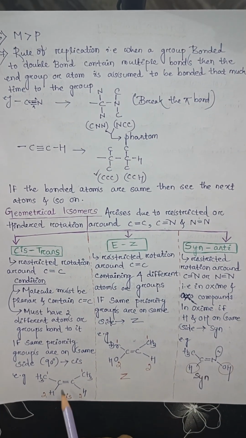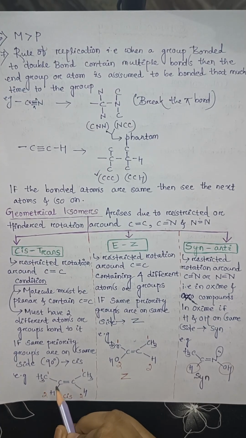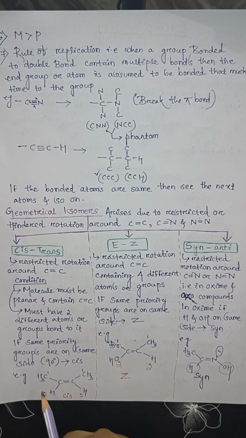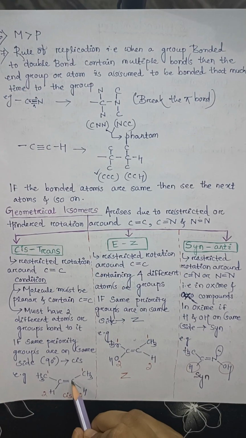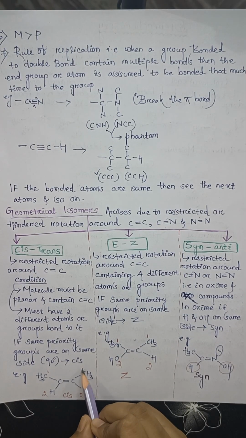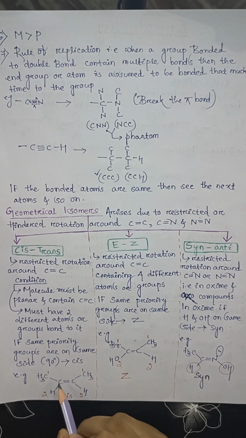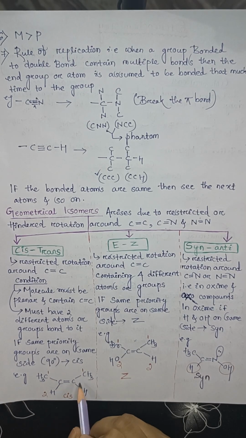Suppose here we give the priority according to the CIP rule. Here is carbon, here is hydrogen. Since the atomic number of carbon is greater than that of hydrogen, carbon will get first priority, hydrogen will get second. Similarly, here carbon will get first priority, hydrogen will get second. Since same priority groups are on the same side, or there is an angle of 90 degrees between these two, it